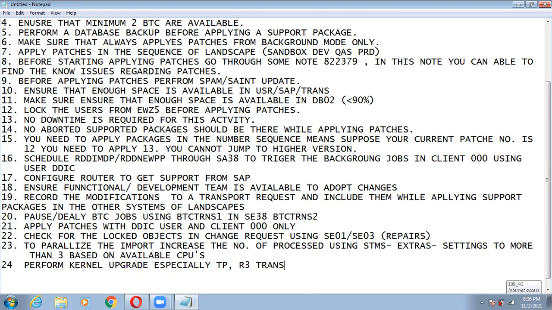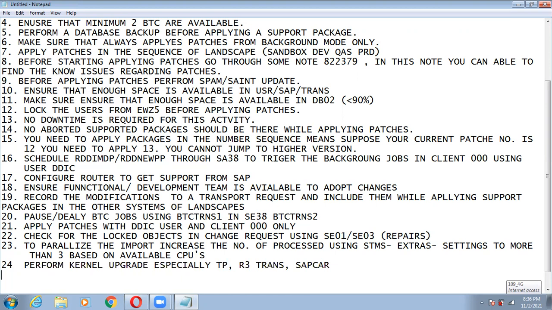These are the executable files which reside under the kernel only. Make sure that you perform this. Any other point I missed?